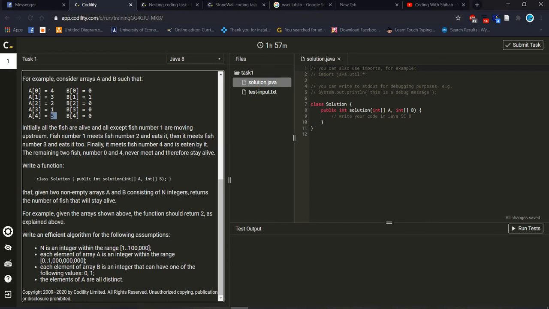I hope you get a general idea of what sort of problem we are going to solve, and I will describe it more elaborately when I solve the problem. Let's start. At first, I am checking a special case.